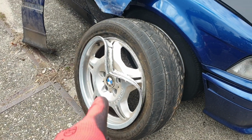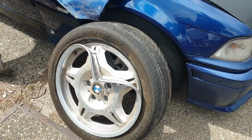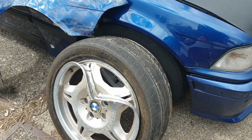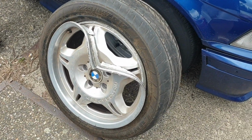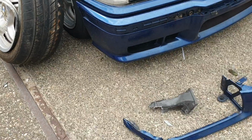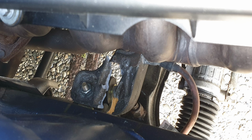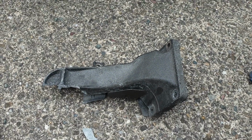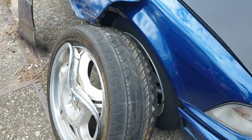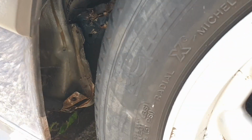So for starters, this wheel, which was the one that was obviously on this side, and the rain pipe, I hit the rain pipe with this wheel and it totally destroyed it. And the fender, of course, the fender that was on it back then, I don't know what you call it, the grill, and broke even my engine mount, engine support arm, and yeah, quite some damage. And it's even worse than it looks like, because I don't know if you can tell. Yeah, look at that. It hit the wheel and completely bent my lower control arm,